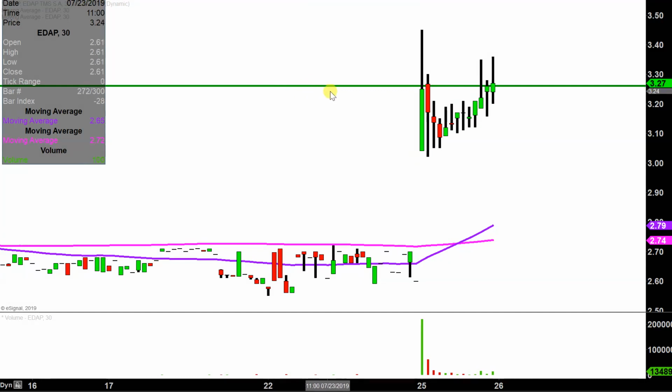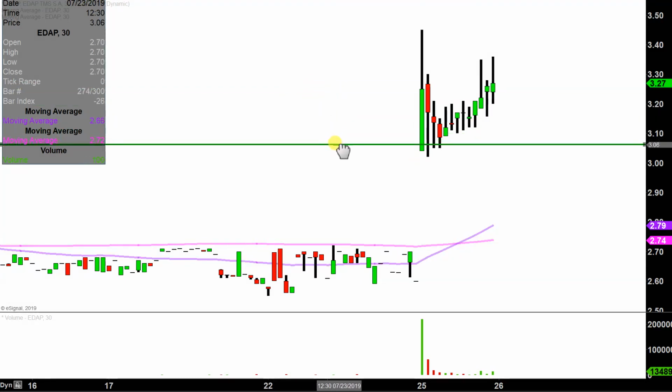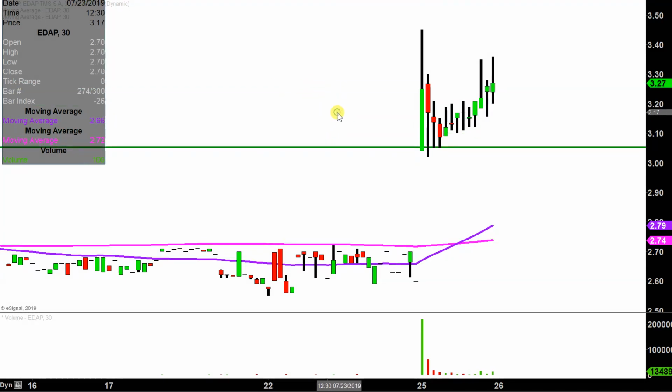First level of support is what I would call the ideal level. When we say, Clay, what would make this chart look the absolute strongest going forward? That would be if the price can stay up above 305. Now, don't get me wrong. If the price falls below 305, I'm not saying the entire chart is destroyed or ruined or anything like that. But yeah, if the price could manage to stay above that level, that would definitely be a massive sign of